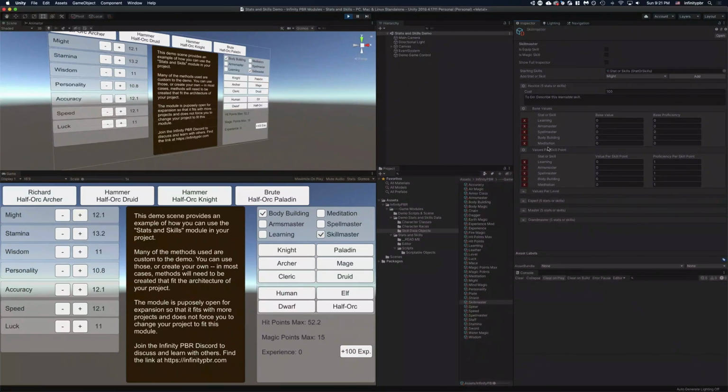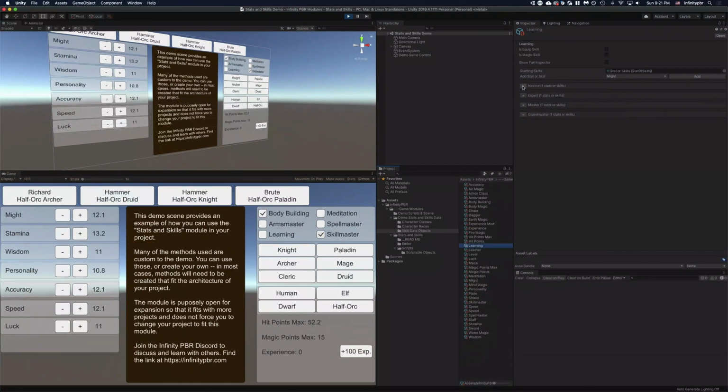They don't have to be novice and expert, etc. You can rename those. But that way, as the player progresses, all of these work intertwined together, so you don't have to do anything beyond the setup to really just make it all magically work. Similar with learning here, and I can bring that up so you can see on both sides. Learning will boost the